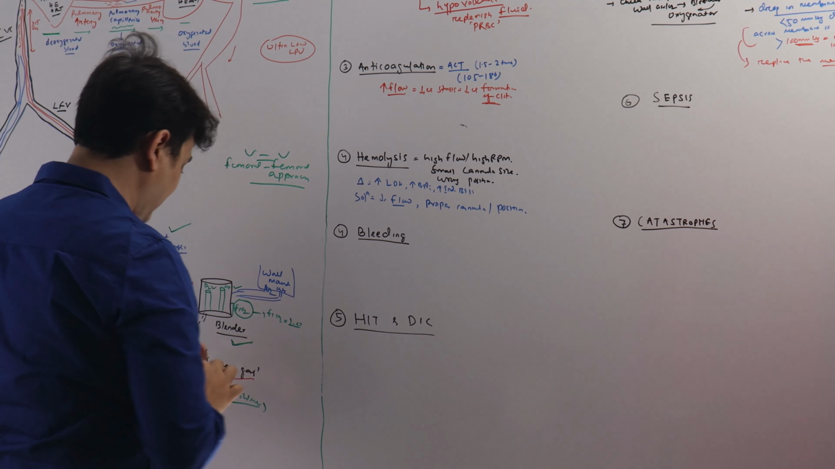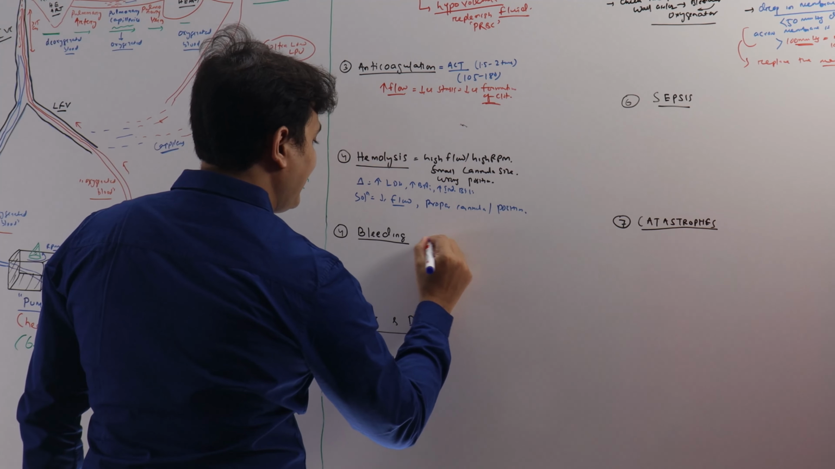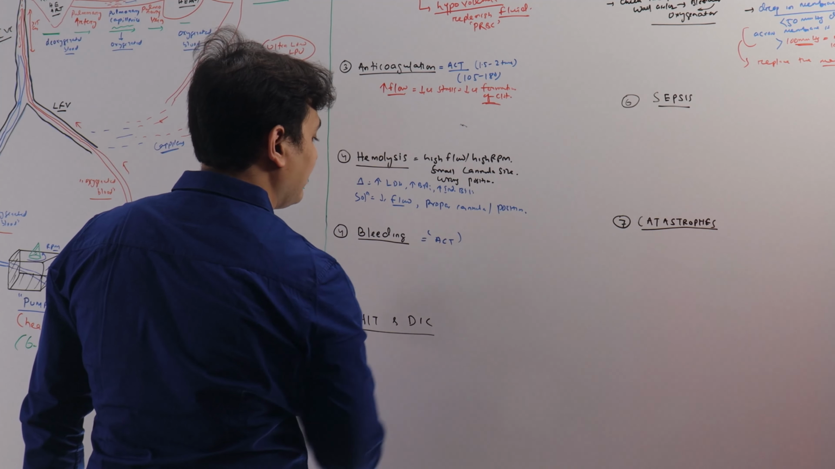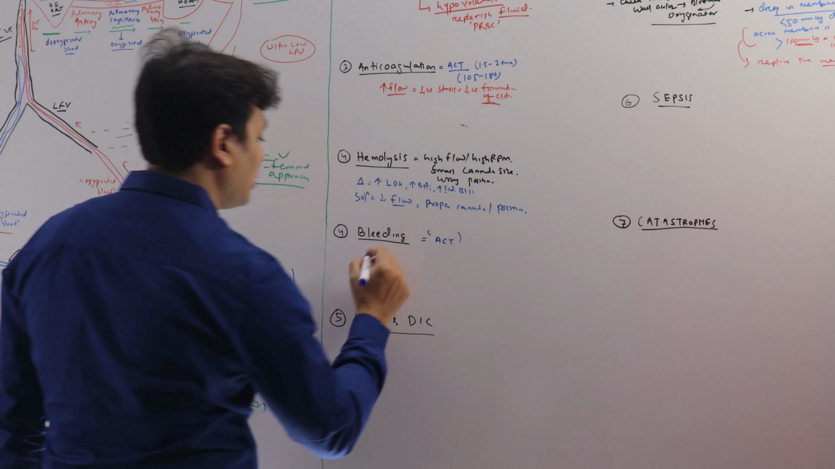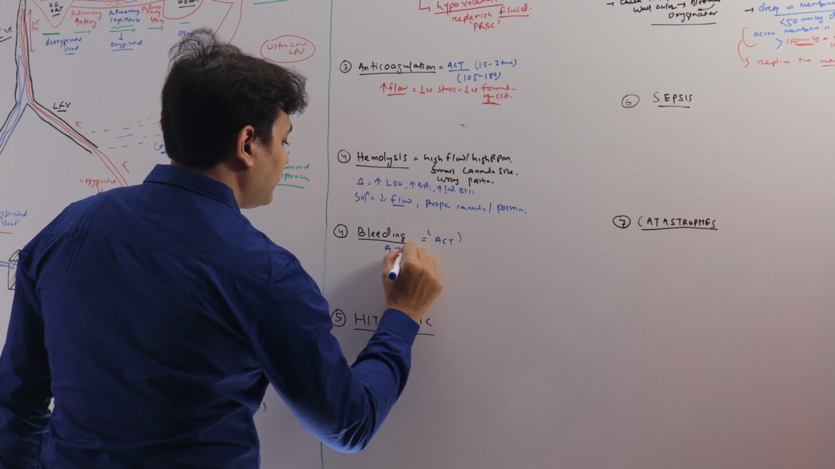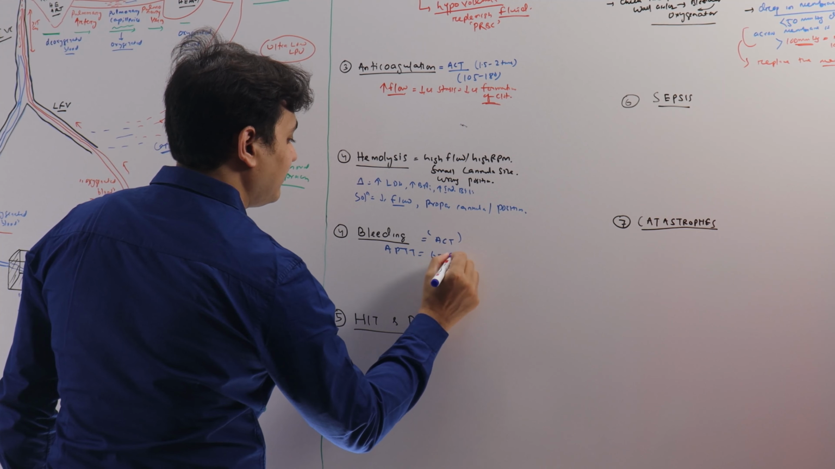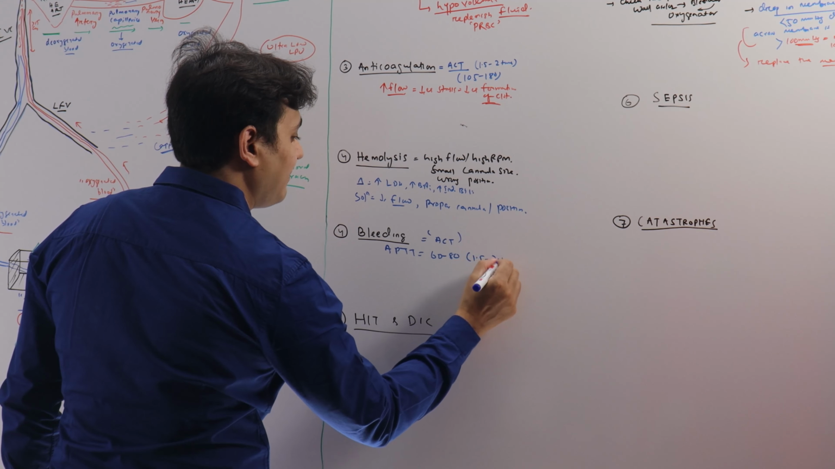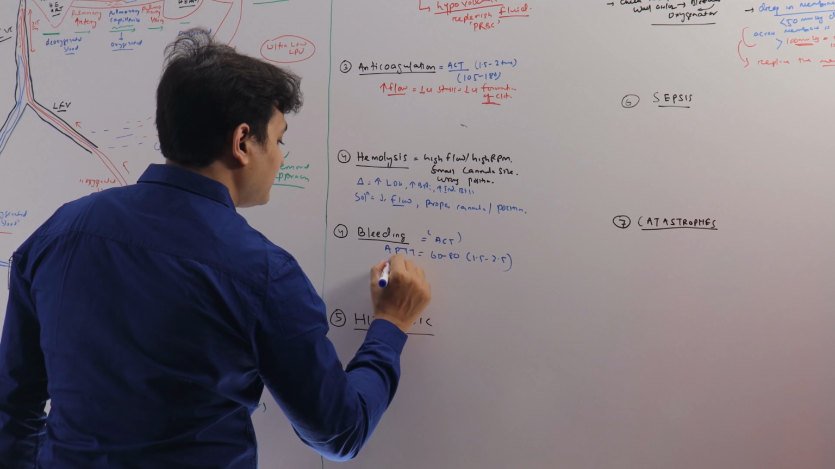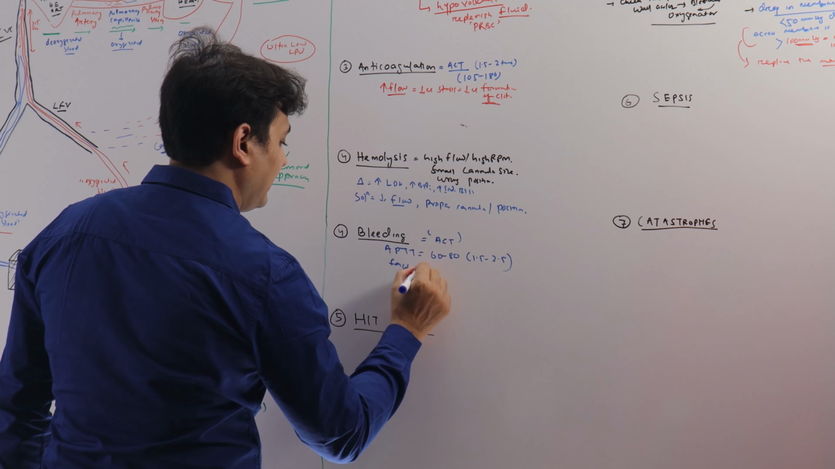You can measure the ACT level. So the ACT level you have to maintain within a limit. Even after maintaining within a limit, if there is still bleeding, you can check the APTT. It has to be kept 60 to 80, that is 1.5 times to 2.5 times of normal. We can also measure factor XL level,